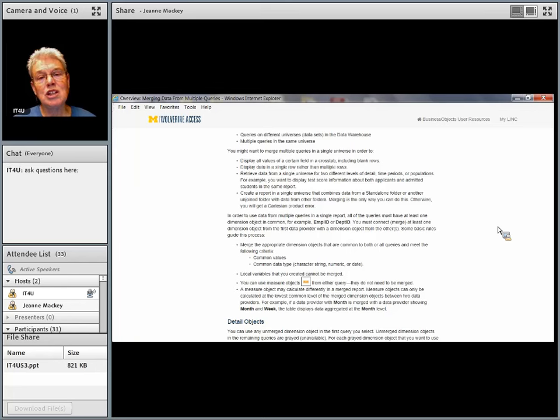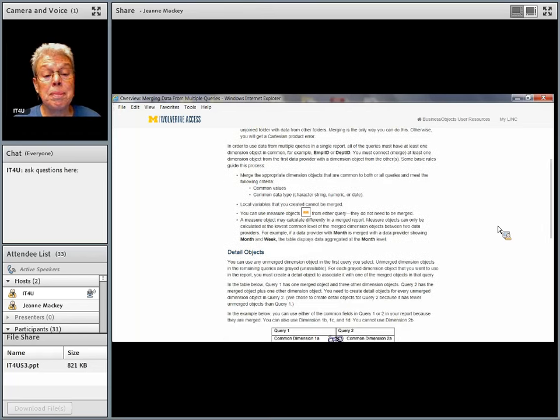Have you noticed the little orangey things? We're going to take a look at those next to an object in a data set. It's a teeny tiny little ruler, and it just means that it's a calculation. So you can use those. You don't have to connect those in any way when you have multiple queries, but they might do their calculations a little different, so you have to pay attention to that.